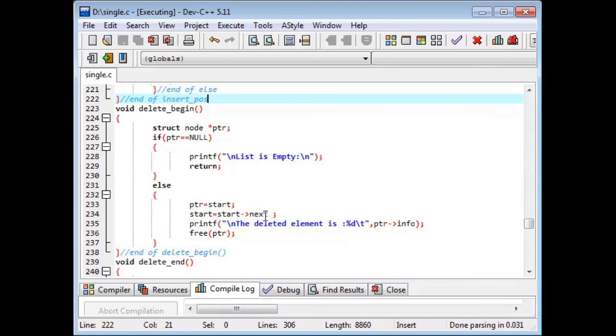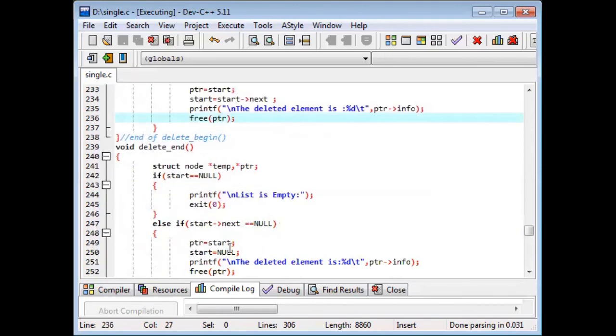Then start of next, the address in the first node, you need to take and put it into start. So what will happen? That first node will be deleted. Then you need to print what you have deleted, that info part. If you have deleted the first node, that value should be printed here, and then you need to free that space. That space you need to clear from the memory. So you give free PTR.